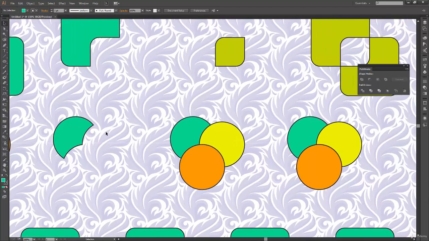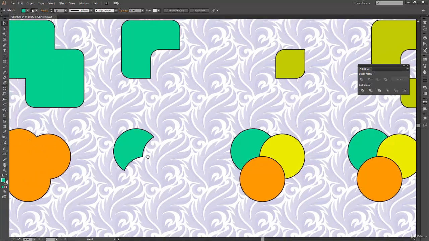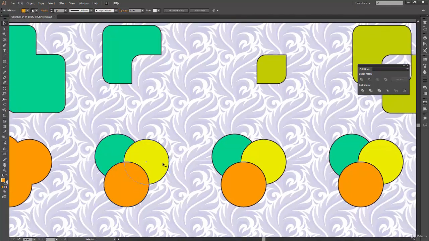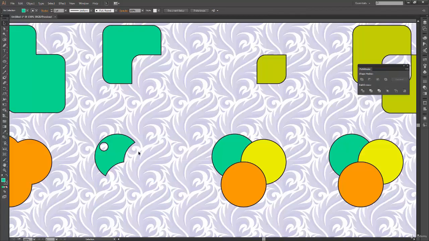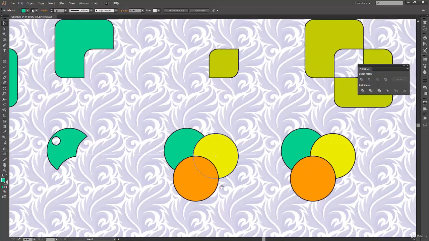It's very easy to understand, because whether we put one shape or two shapes above any shape, if you have one shape at the backmost position, that will be removed using all the shapes in the front. So even if I have these three circles and I put something over here like this, and this time I select all these four shapes and use subtract, you can see here I have a hole through this green circle. So that's how this minus front works.